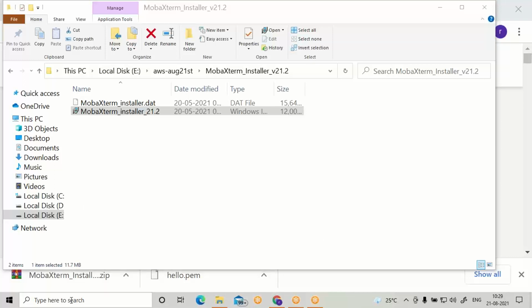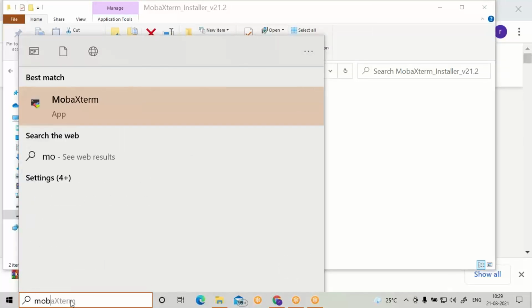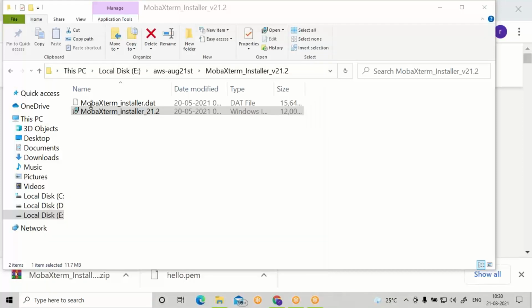Please observe. Come to the bottom left search and type MobaXterm. Click on it.